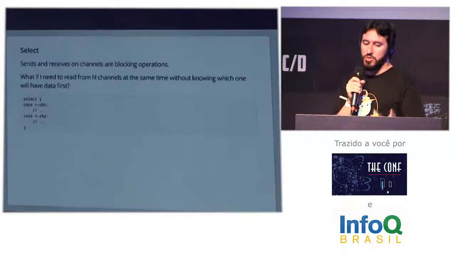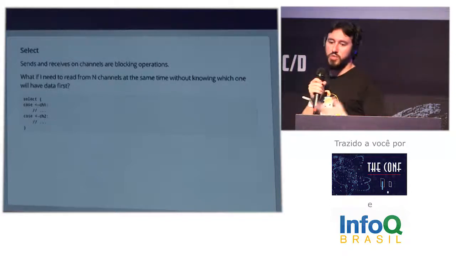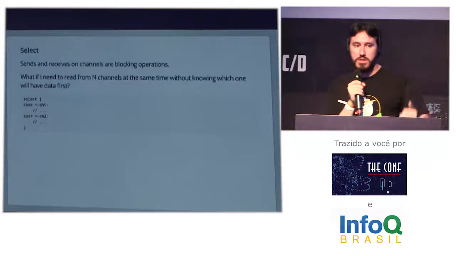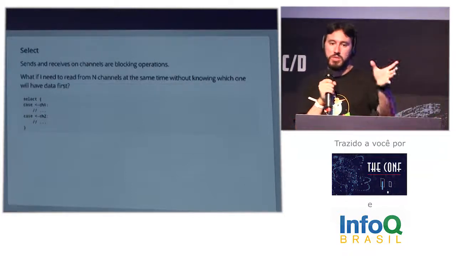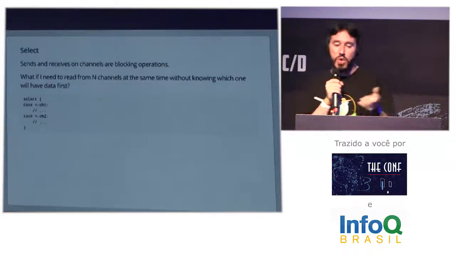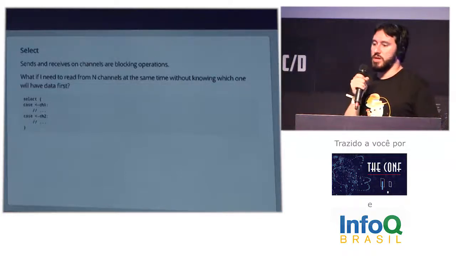So if you try to read or send something on a channel that is not ready to do that operation, your whole Go routine is going to block. It's not going to do anything else until it can be released from that part of the program. So what if I have two channels and I don't know which one I'm going to receive data